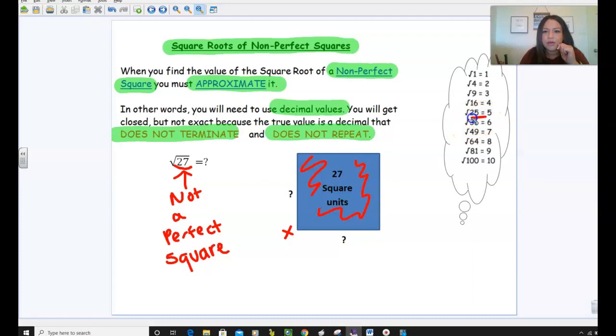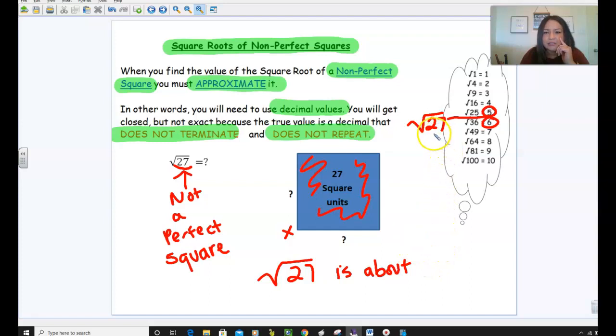So now I know that somewhere in between those two belongs the square root of 27. Somewhere between the square root of 25 and the square root of 36. So now I know that it must be greater than the number 5, but less than the number 6. So I'm going to say the square root of 27 is about,